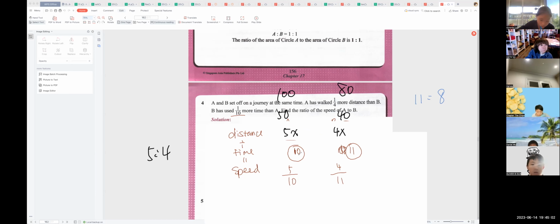Understand, everybody? 对不对？好了，那我可以是10y 和11y，大家同不同意？同意吧？